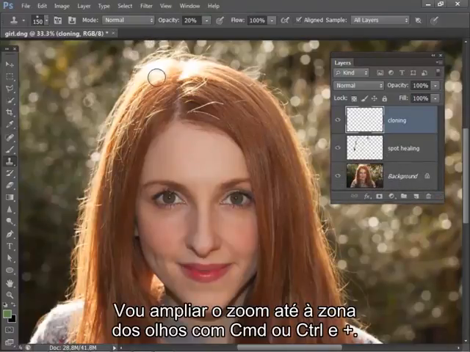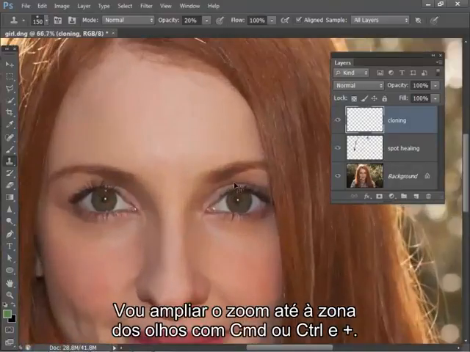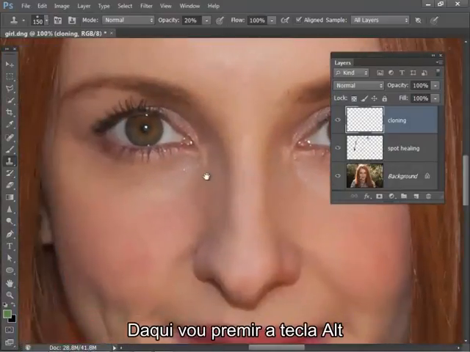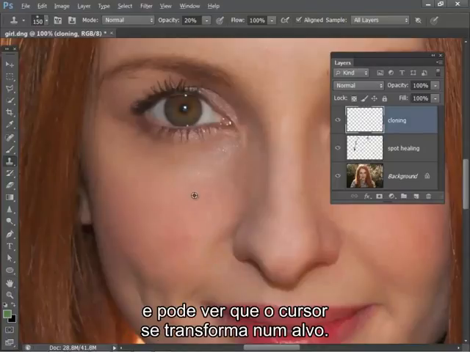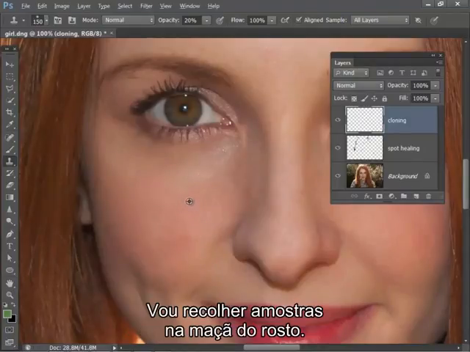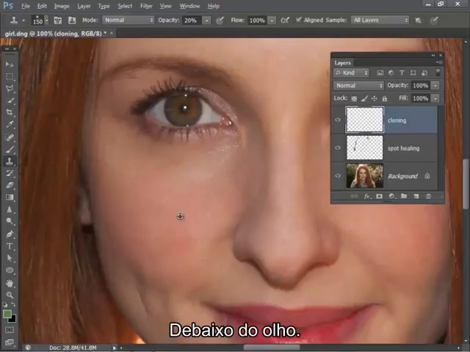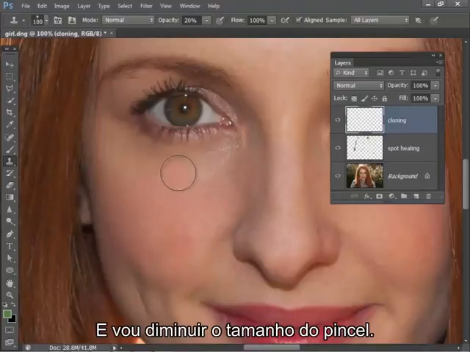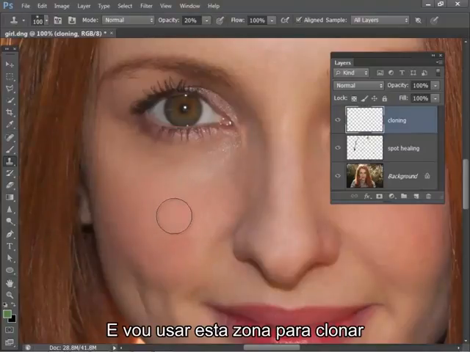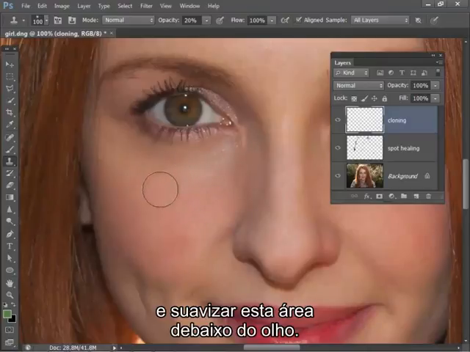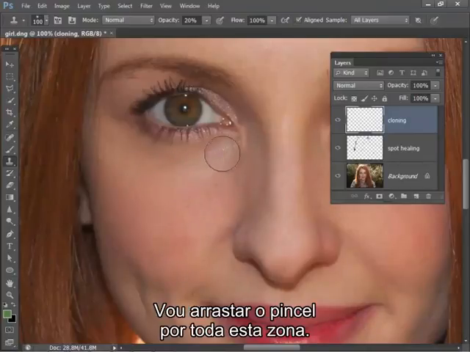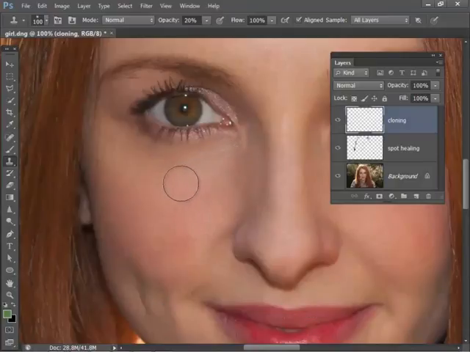So I'm going to zoom in closer to the eyes by using Command or Control and plus again, and then I'm going to just hold Alt, and you'll see how that gives me a target icon. So I'm going to target the cheek here below the eye. So I'm just going to hold Alt and click on this area, and then I'm just going to resize my brush tip slightly smaller, and then I'm going to use this area to clone in to smooth out this area here under the eye. So I'm just going to drag up across that area,